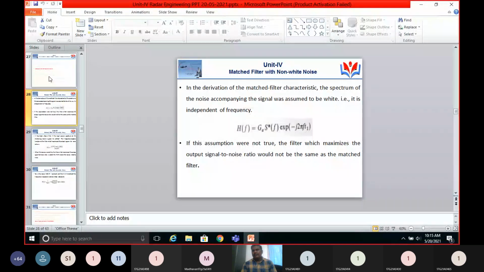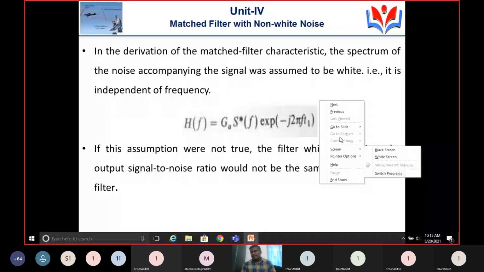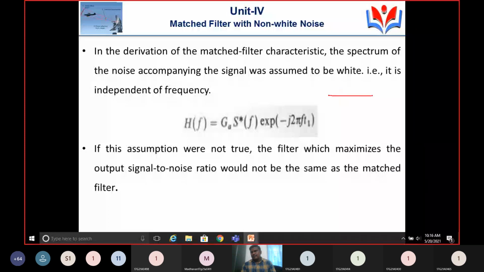we know how the white noise power spectral density looks. So this is the power spectral density of white noise. It has uniform PSD throughout all frequency components, that is N0 by 2. Throughout all frequency components, it has a uniform power spectrum.